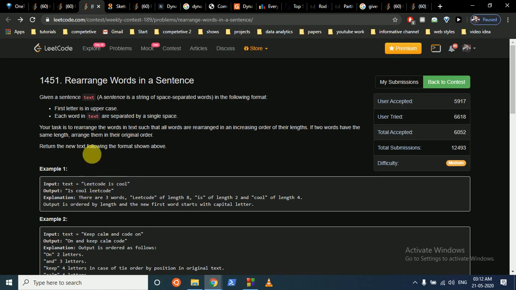Your task is to rearrange the words in the text such that all the words are arranged in increasing order of their length. As you can see, the length is increasing, and if two words have the same length, arrange them in their original order. So if two words have the same length, we have to arrange them such that the order remains the same. I first tried it using the sort function and making a comparator function,